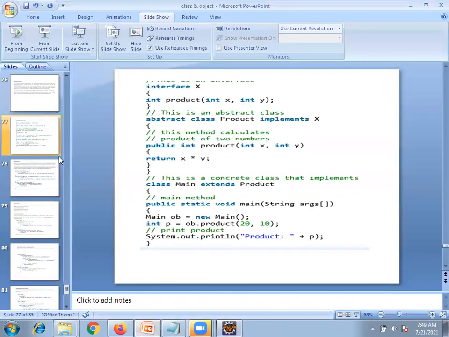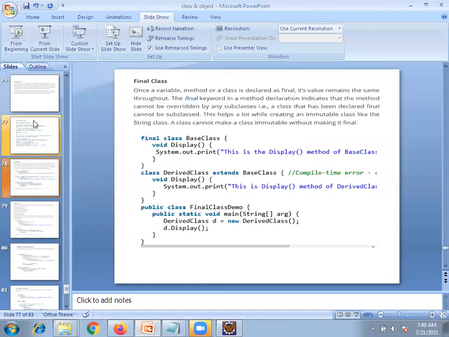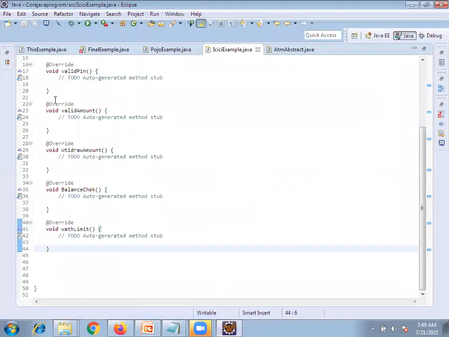Now abstract class is also clear. What is final? We already discussed final: variable level, class level, method level. Once we define it, it cannot be overridden in any subclass. If you define any class as final, let's take this example.